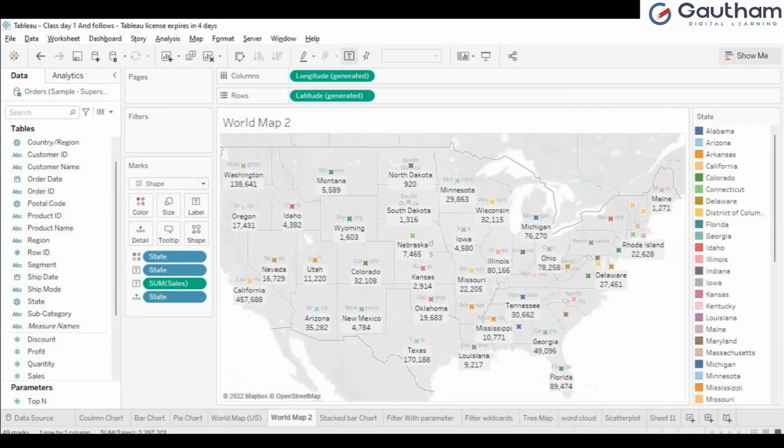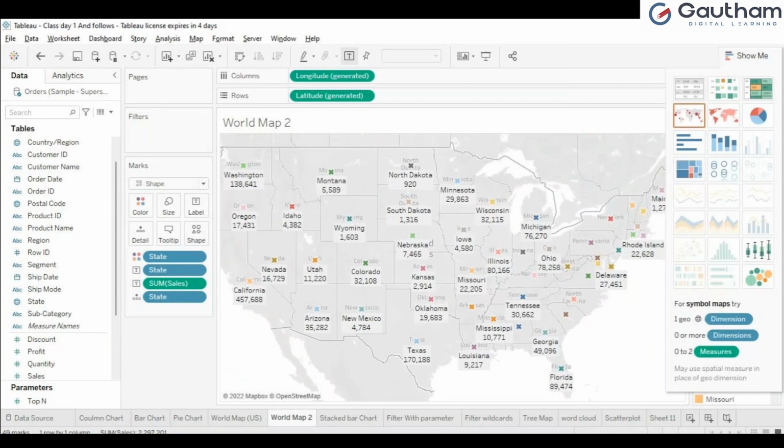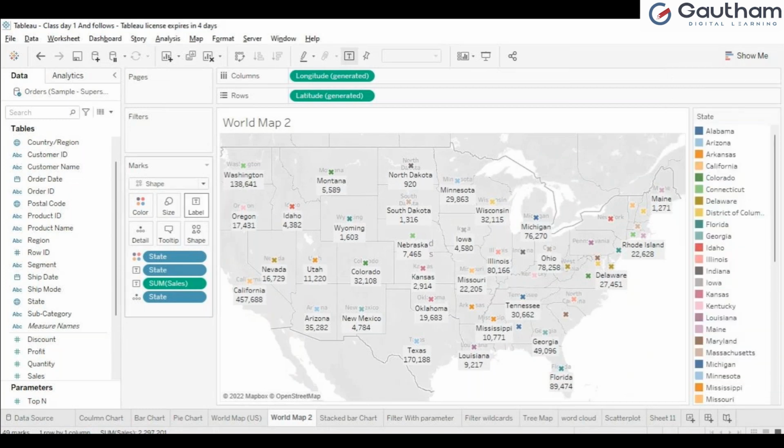You just go here. What do you want? One geo is enough, it seems. Just select the state, click here, and the symbol shot will come and sit here. And whatever shapes you want, you go here in the same way. Stacked bar chart, scatter plot, how I have taught you, in the same way you can go to more shapes. Whatever shape or company-related shape you want, or any logo, or a Facebook option, WhatsApp option, anything, you can download the image and save it in the Tableau repository folder, which will be there in your